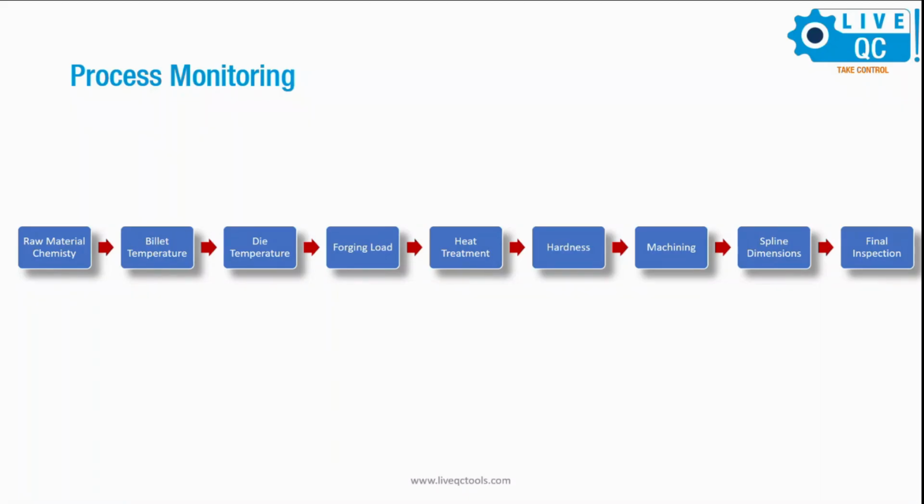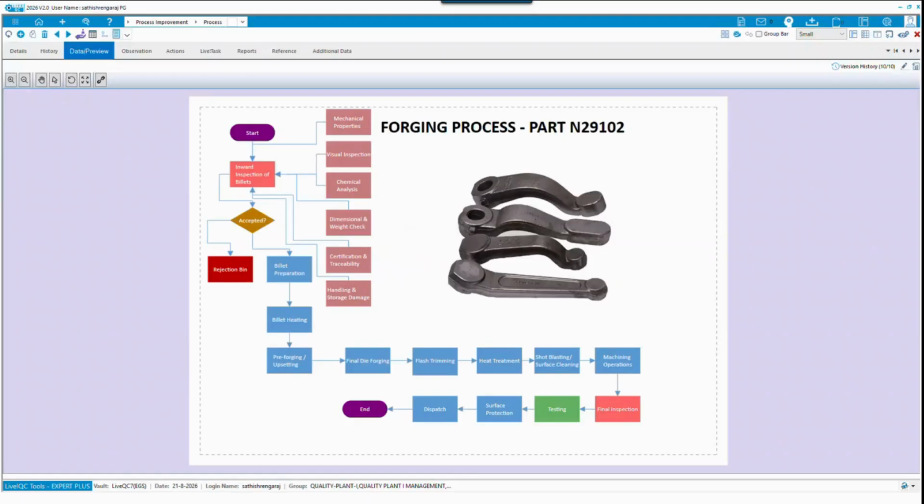That's your cost of poor quality, right? Who is billing for it? Your production is stopped. You have to get a replacement die. You have to actively monitor the die temperature. Not only monitor the die temperature, but also look at the trends so that you can predict it. That's exactly where AI will help you subsequently down the line. Then the forging loading, then the heat treatment process, so many things. In every one of them, we are measuring things.